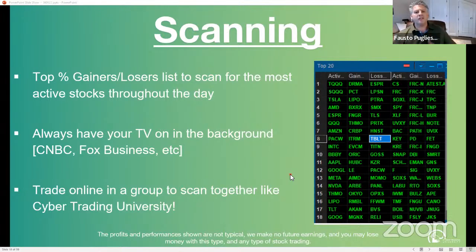Well, the thing is this. I don't care what I trade. And I don't think you should care either. You know what you do care about? You should care about risking the least amount of money possible with the high amount of reward. That's what it comes down to. So when you come into my trading room, all these stocks that you see right here, I'm going to show you how to find them and which one is going to be the least risky, that if you're on the wrong side is going to give you the least harm. Because all of them are doing well. It's just which one is moving.